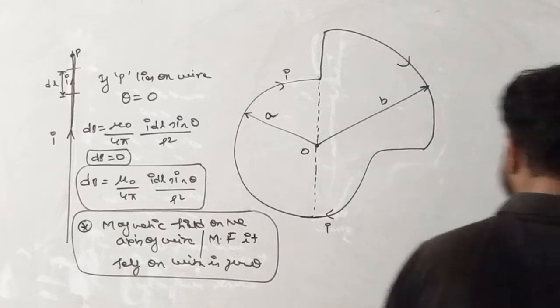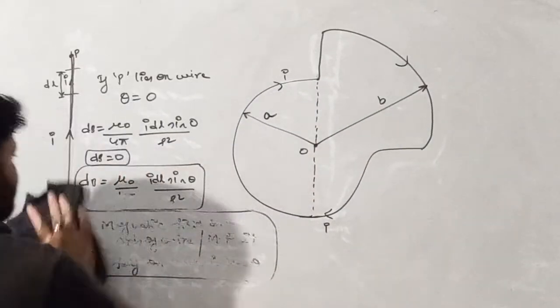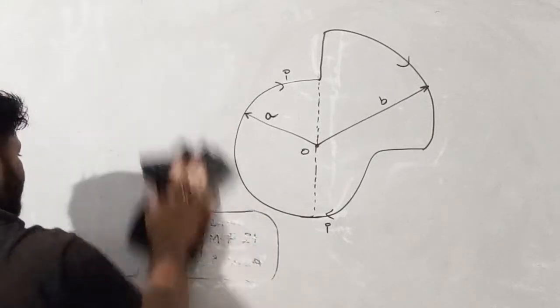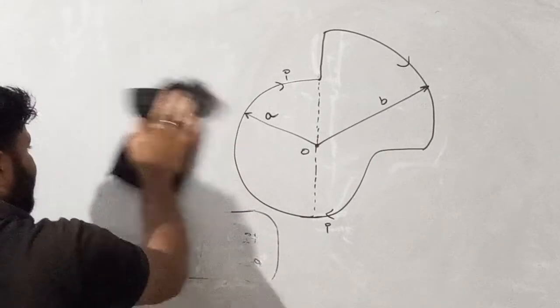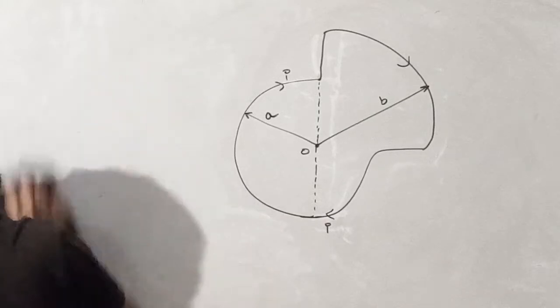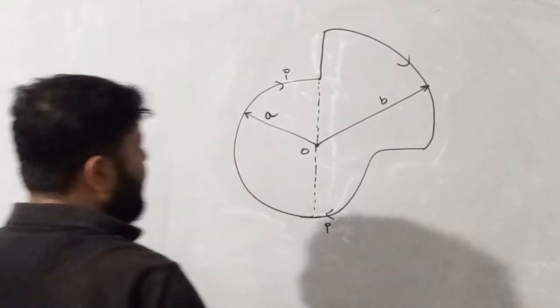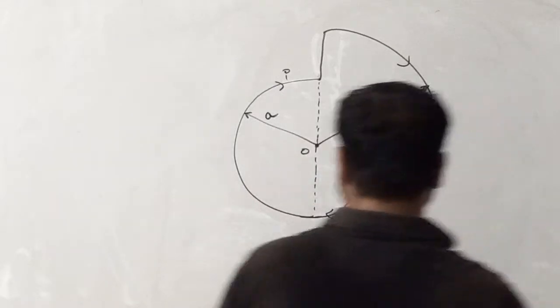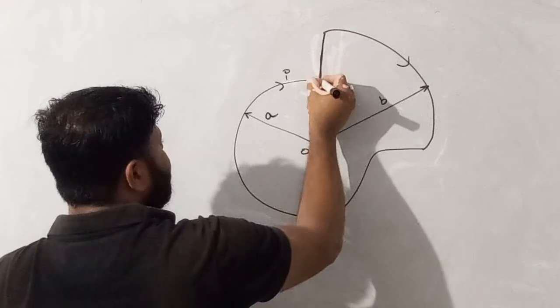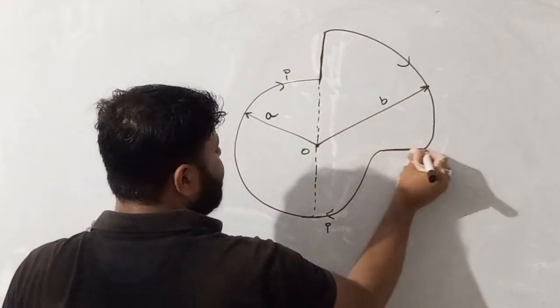Now come to this question. So basically, my dear student, try to understand the question. We want to find the magnetic field at the center of this, or we can say at point O. See, here we have two plain wires. See, this is one plain wire and this is also a plain wire, my dear student.